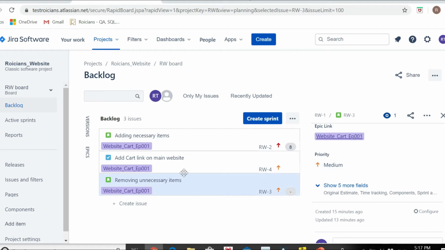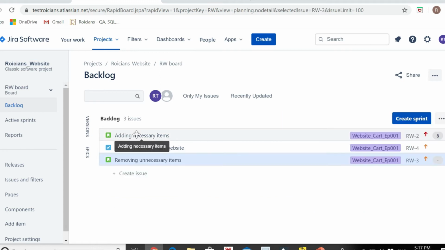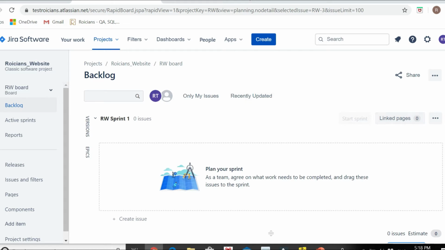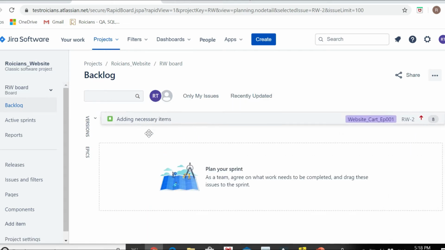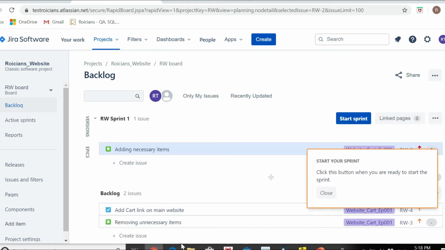They will do this first in the release planning meeting. They prioritize the requirements, and then the sprint planning meeting will be done, in which the Scrum team will decide which particular final stories they're going to work on first. Let's say the Scrum team has decided that story number 1 will be part of sprint number 1 and story number 2 will be part of sprint number 2. So we click on create sprint, and this is how a sprint is created, and the story will be dragged and dropped into sprint number 1.